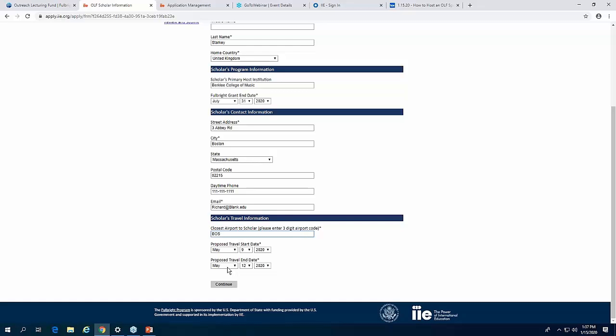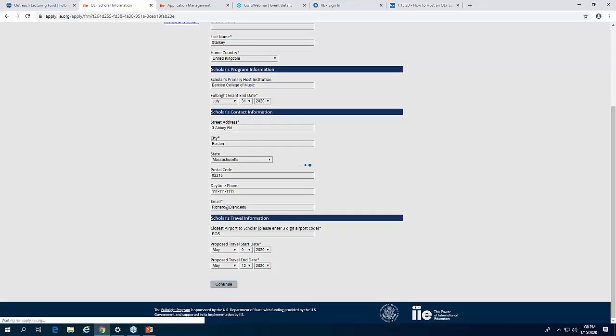And then the proposed travel dates are whatever dates that scholar says they wish to travel. In some cases, the scholar might want to stay in your region for an extra day or two on their own dime, and I always express that because unfortunately this isn't a vacation for them, but if a scholar wanted to stay longer and explore the area on their own, they might ask for you to put in a different date, because as you know, sometimes weekends have more expensive flight fares than a weekday flight. So to the best of your knowledge, if you can put in the travel dates that you want us to pull an award based on, that would be wonderful.